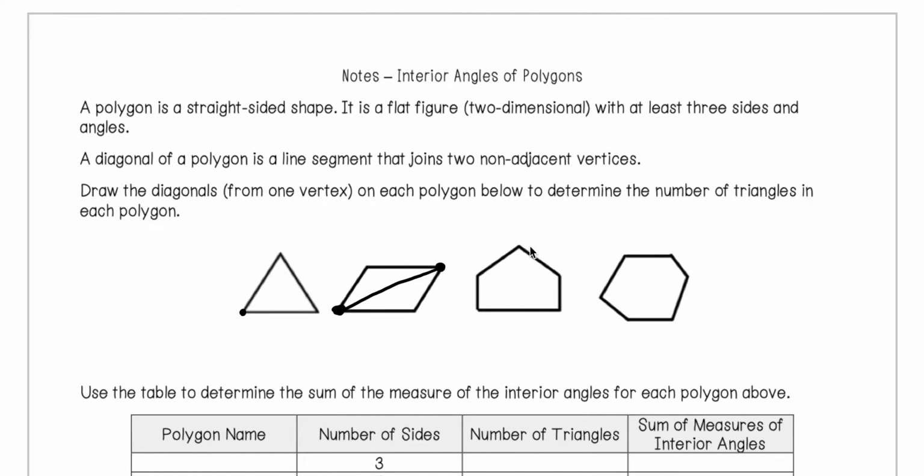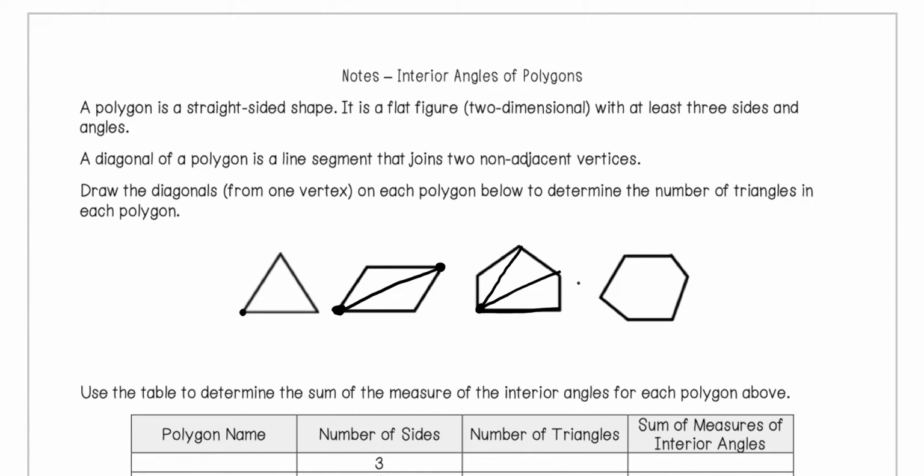For our next shape with five sides, if I start in one corner, when I go to the first vertex, it's adjacent, so I can't create a diagonal. When I go to the next one, I'm creating one triangle. From that same original vertex, I'm going to the next one, which creates a new triangle. And to go to the last one, I'm on the bottom, which is not creating a new triangle. But you can see now that by these two diagonals that we've created, there are three triangles inside of this